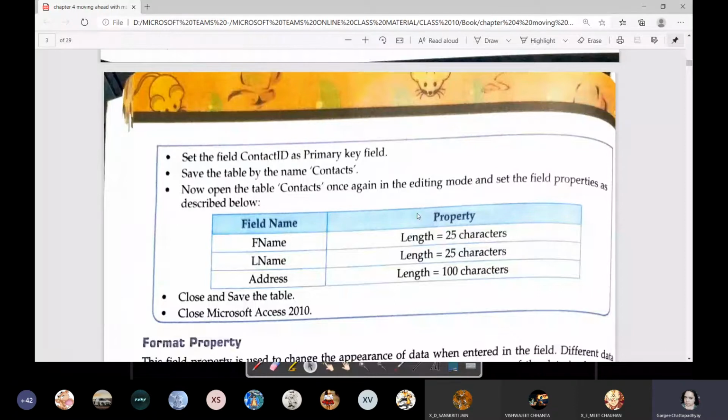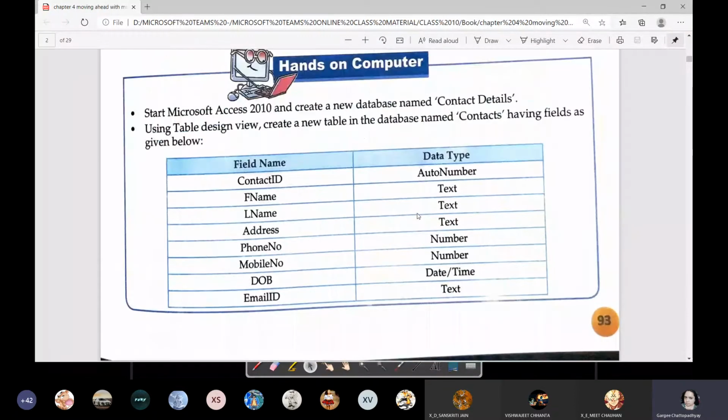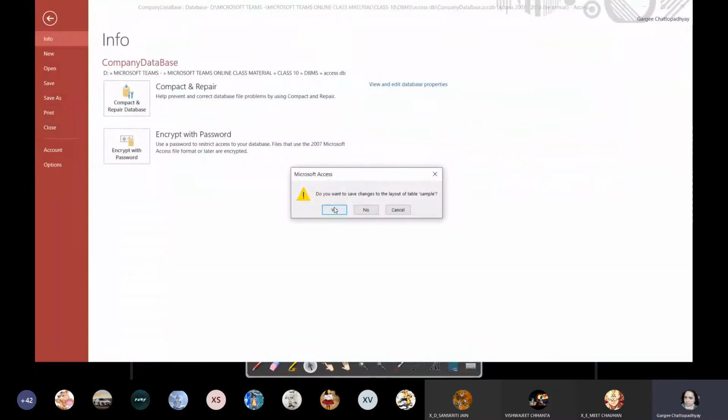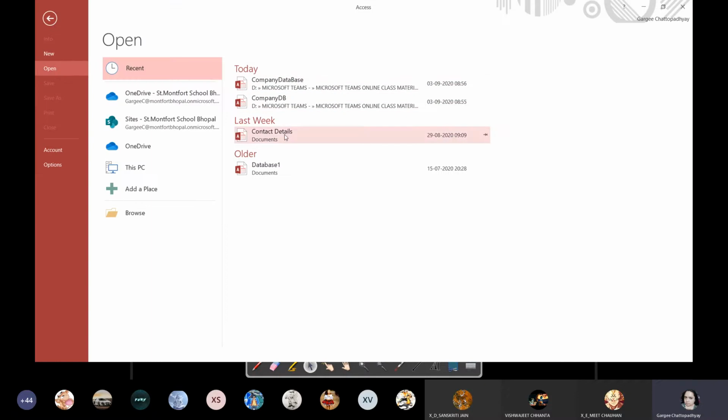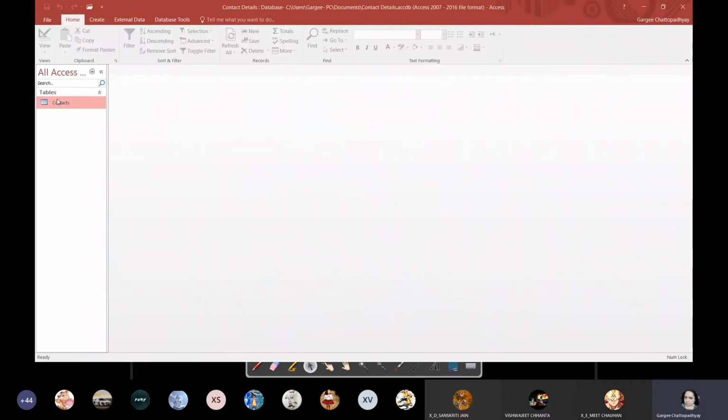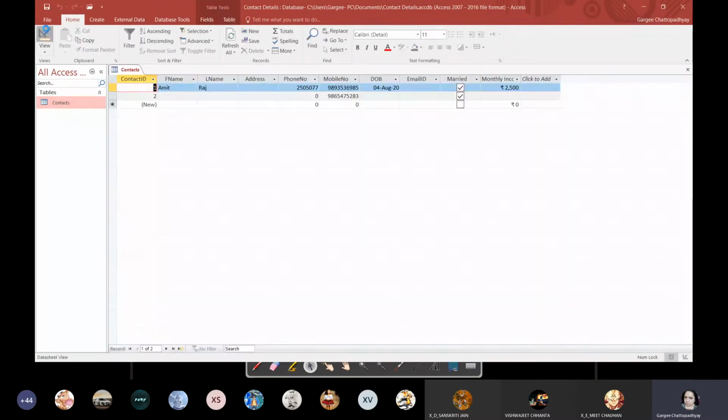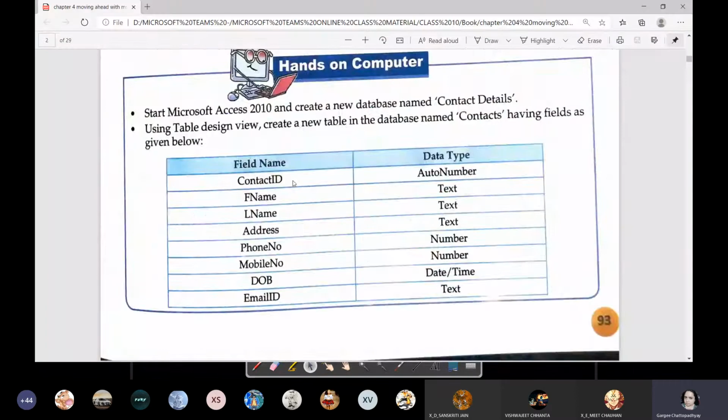So yes, this is the contact details. We have already created another database, so we will first close this database and open the contact details database. Yes, we had already created that. And I'm going to open it in the design view.